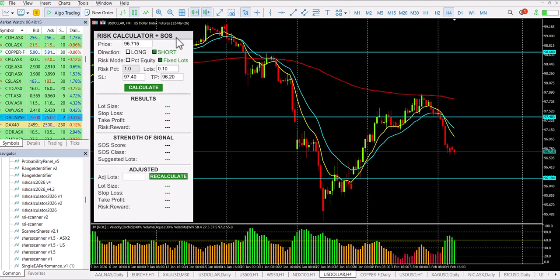Here's a risk calculator with the strength of signals. So what we can do is say, hey, look, we've got a potential short trade here. So we'll set up a short with a fixed lot size of 0.2, we'll set a stop of around 97.40, a take profit around 96.20, and then we'll calculate. It'll give us our risk and our reward. So it's actually not a very good risk reward ratio,